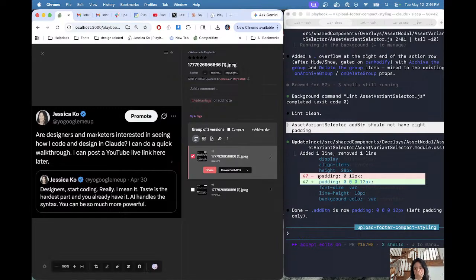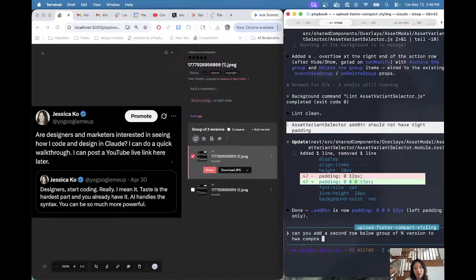I still don't like it. Now, can you add a second row below the group of inversions to have compare and